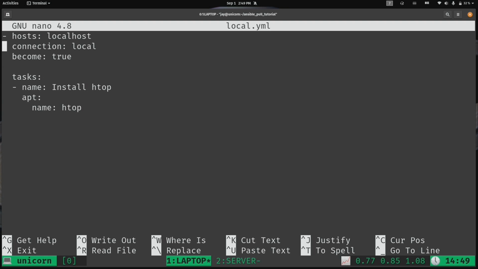Now when it comes to indentation, it's very important to have everything indented properly. The first line is all the way to the left, and the two lines below it are tabbed 2 spaces to the right. They are lined up with the H. So here we have a hyphen, which is like the beginning of a section. And then down here we have tasks. We have the name lined up directly underneath that. 2 spaces over is apt, and then 2 spaces over from there is the name. So far,